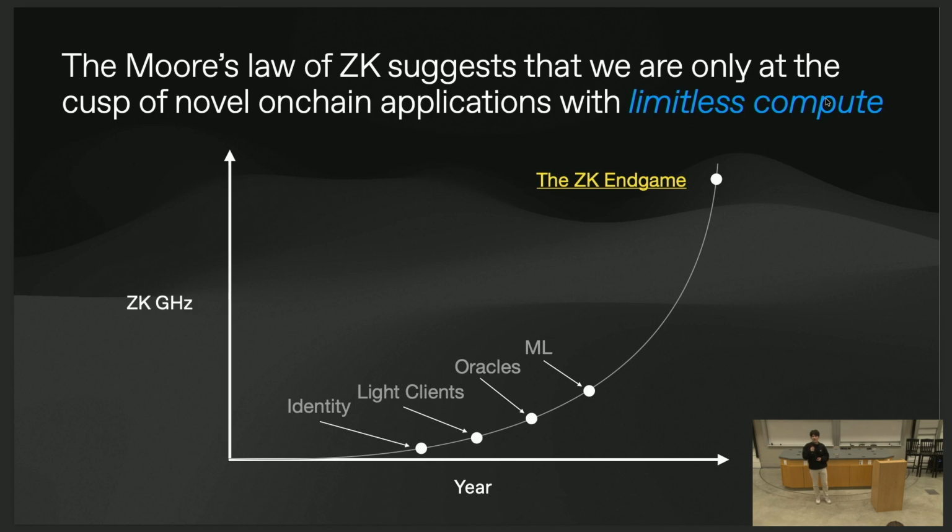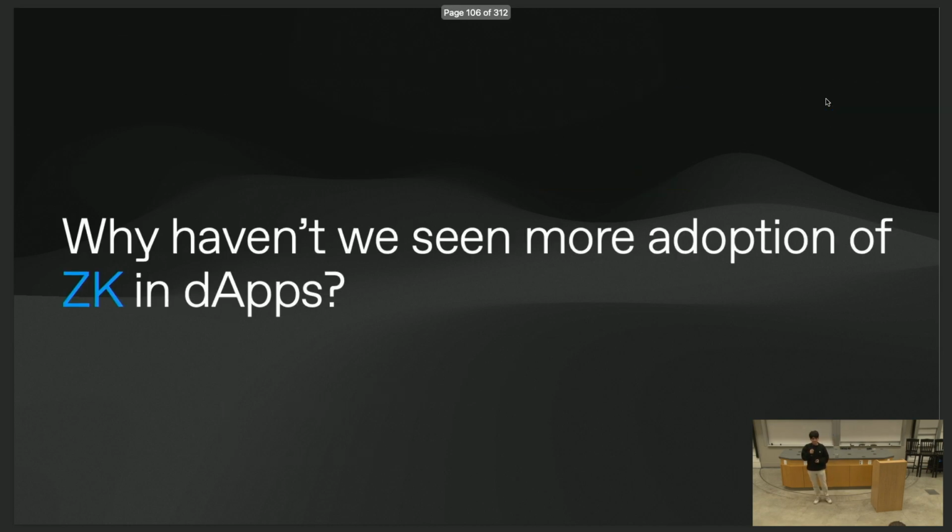Despite this, it's been surprising that we haven't seen many more applications on-chain that leverage these properties. If you do some analysis on-chain of when the ZK precompiles are used, compared to the usage of ZK rollups, we really barely see any meaningful usage beyond the few use cases I've mentioned. So one question I want to answer in my talk is, why haven't we seen more adoption of ZK in decentralized apps on Ethereum?